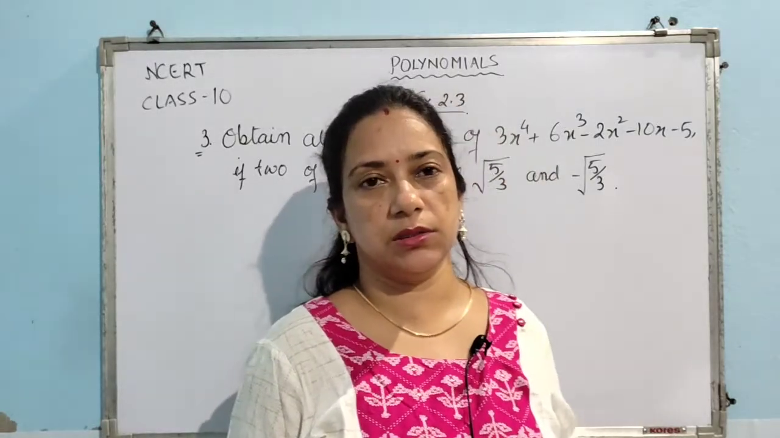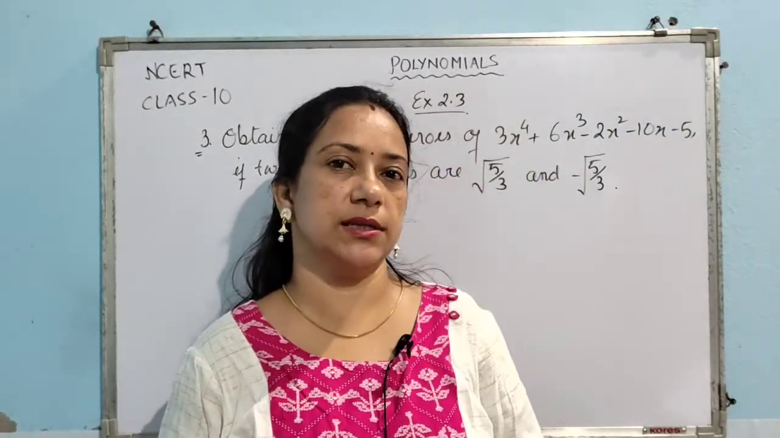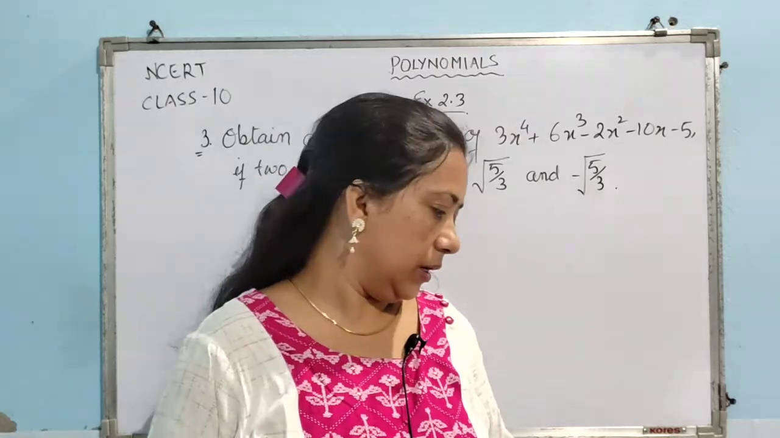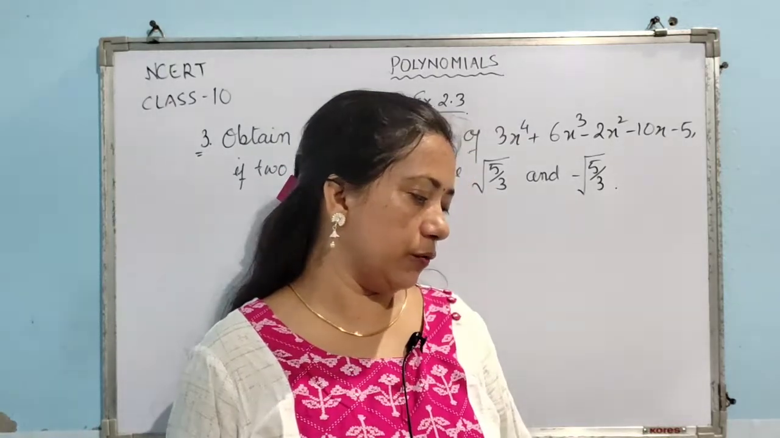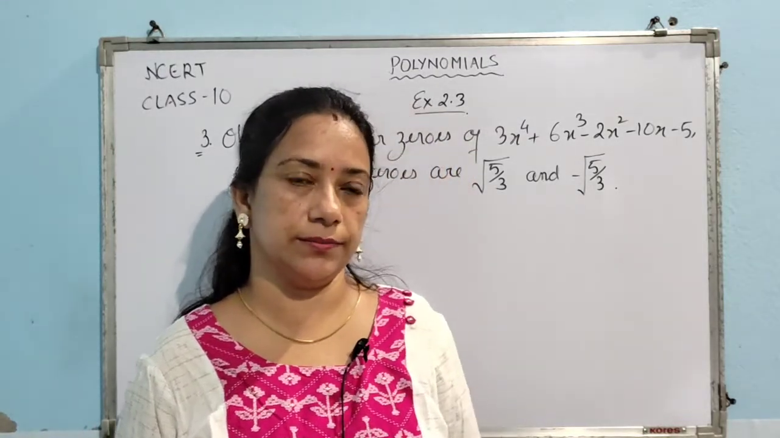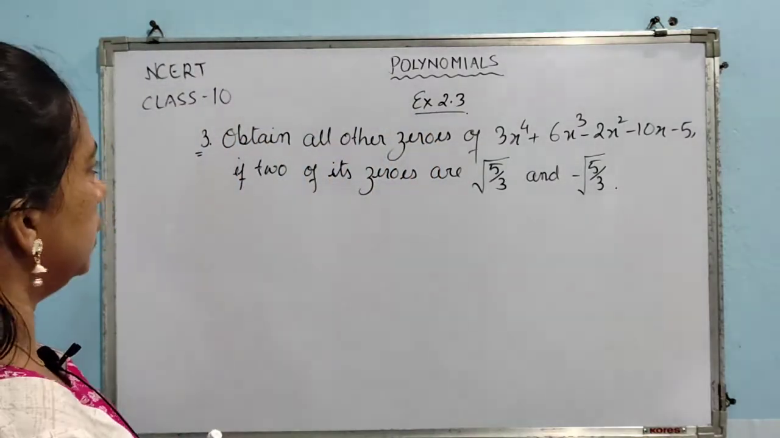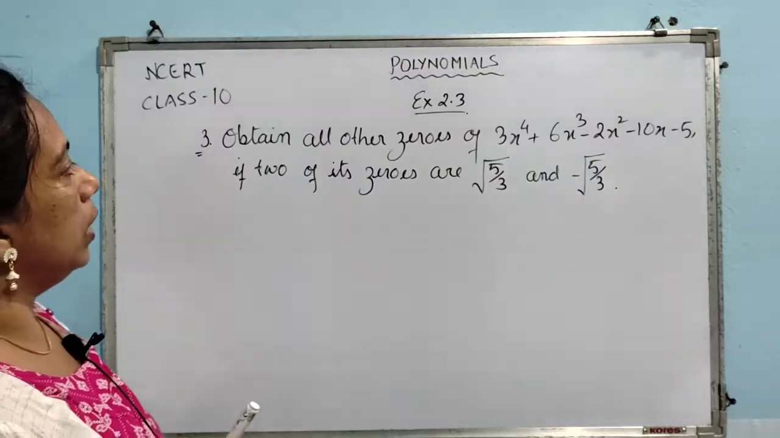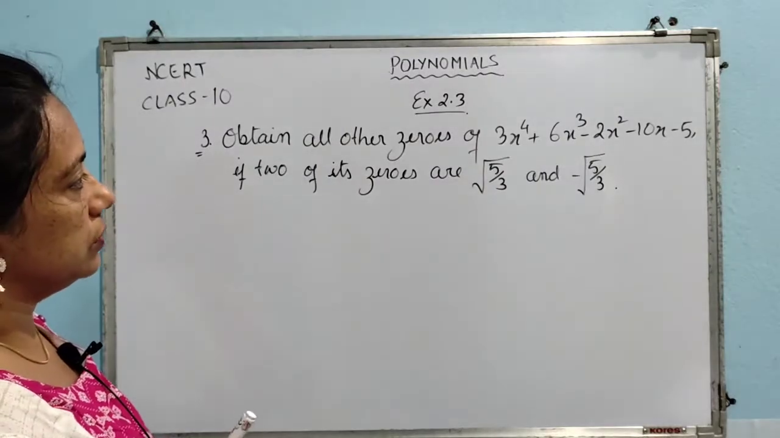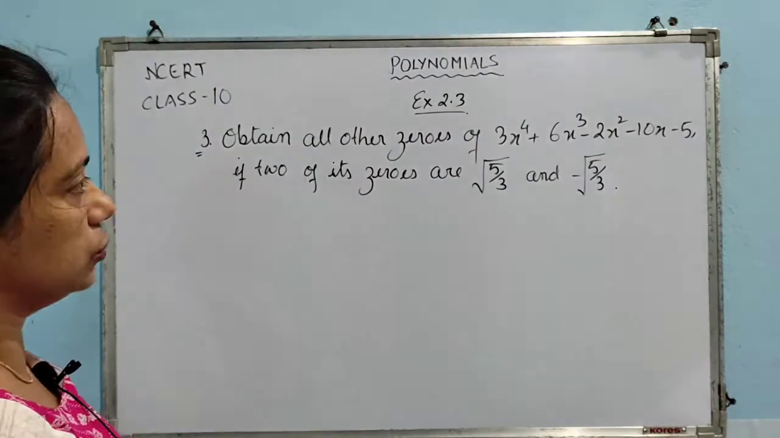Hello my dear students. So in this video I will be discussing question number 3 and 4 from exercise 2.3. So question number 3, obtain all other zeros of 3x to the power of 4 plus 6x cube minus 2x